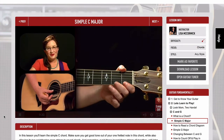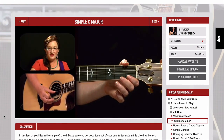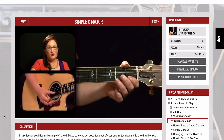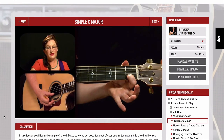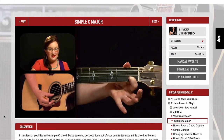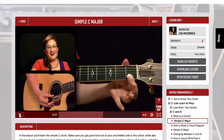C for short. And it's going to consist of 3 notes. It's going to consist of the open G, or 3rd string. It's going to consist of the 2nd string, the B string, pressed down at the 1st fret with the tip of my index finger. So here you can see this is an excellent video demonstration of learning the simple C